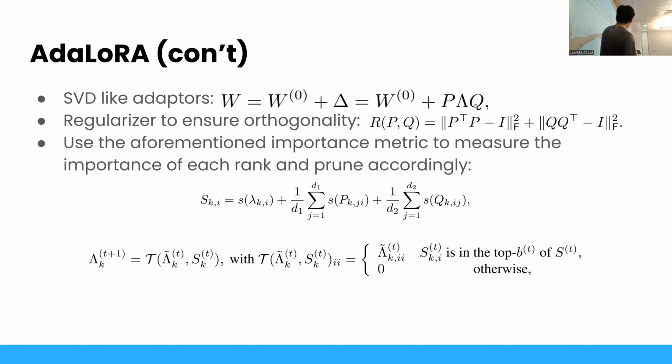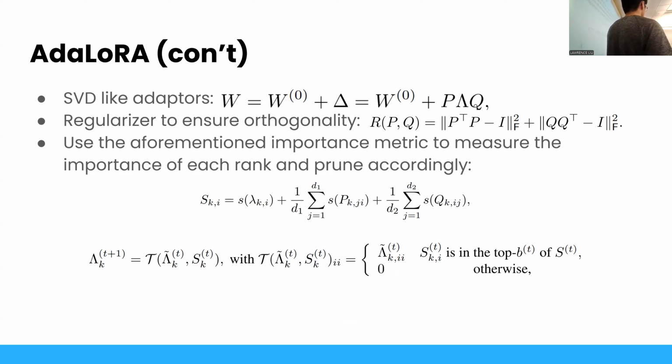the average of the importance of each column of Q, each row of K, each column of P, each row of Q, and the singular value. And then they have this budget. So using this, you can now rank the importance of each individual row, column, singular value pair in the whole